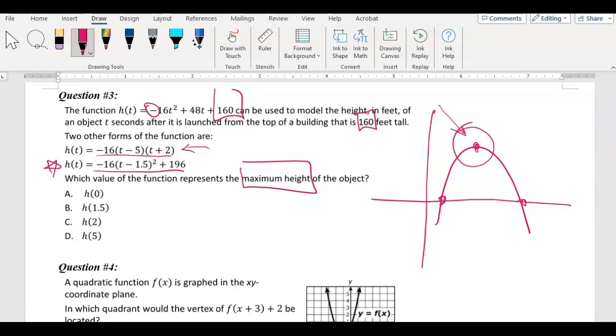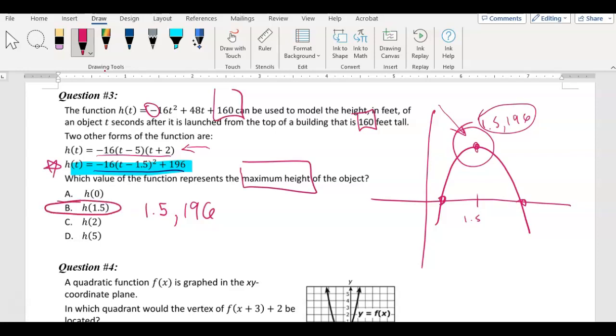This form right here is where we have vertex form. And for this form, in vertex form, our vertex would be 1.5, comma, 196. So this would be 1.5 here. This would be 1.5, comma, 196. That's our vertex. So the value of the function that represents the maximum of the height would be h